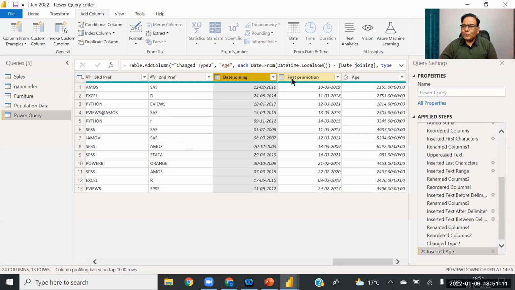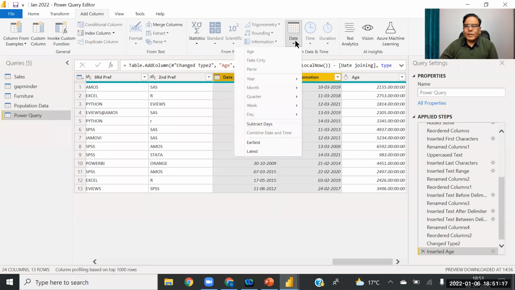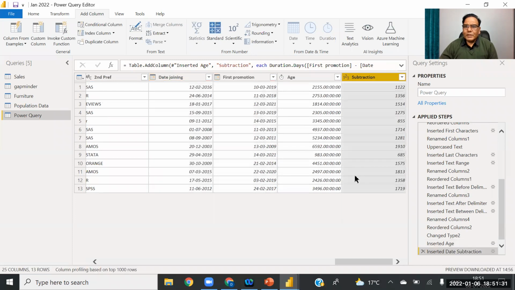Similarly, I am showing you one more thing. I select Promotion and Date of Joining and go to Subtract Days. I want to know how many days come in between two dates. Now the software is telling me the number of days between the two dates.